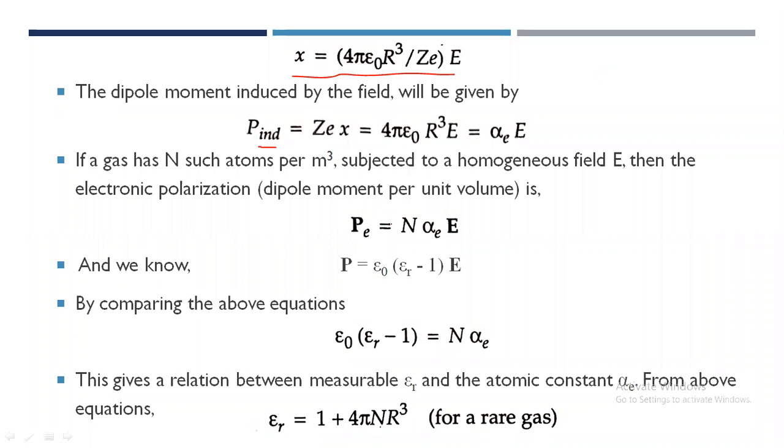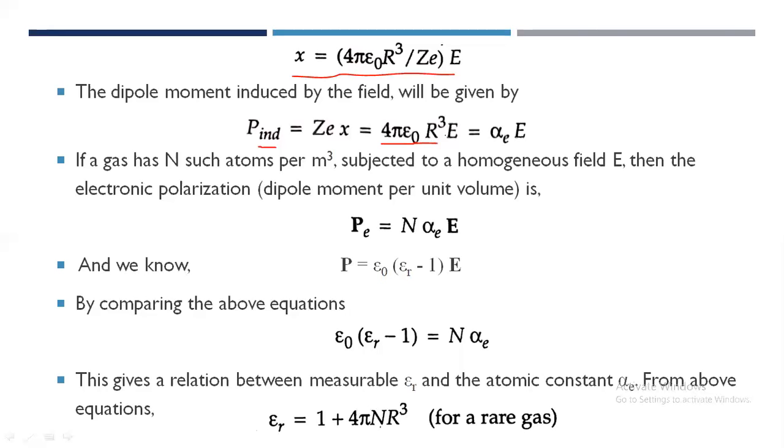P into P induced, that is the induced dipole moment, is equal to Z into E into X. And we have the value of X. By putting the value of X, the induced dipole moment will appear as 4 pi epsilon 0 into r cube